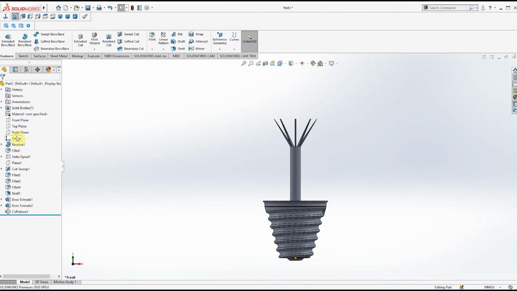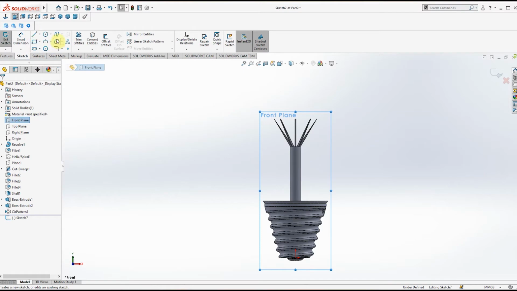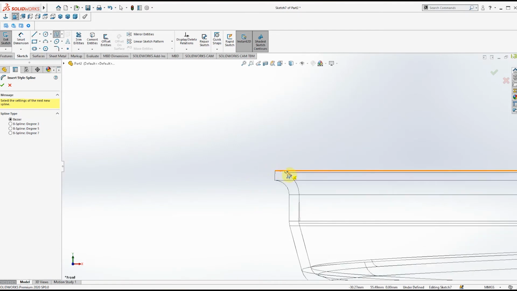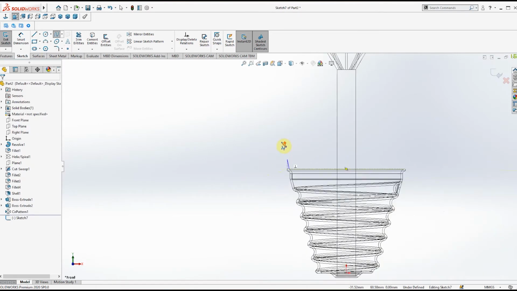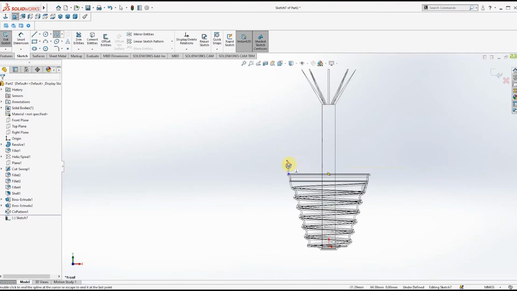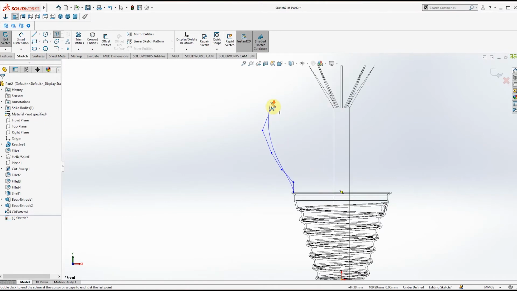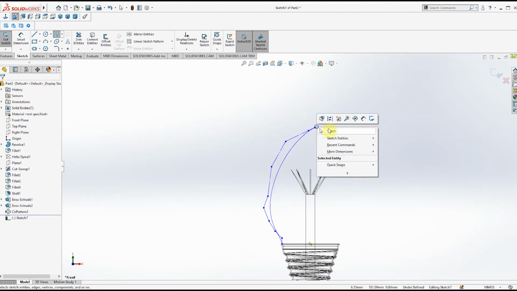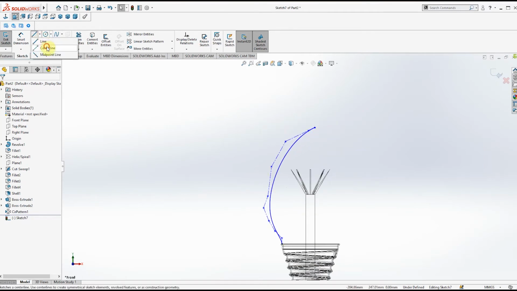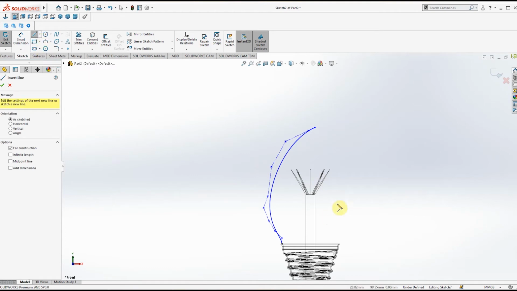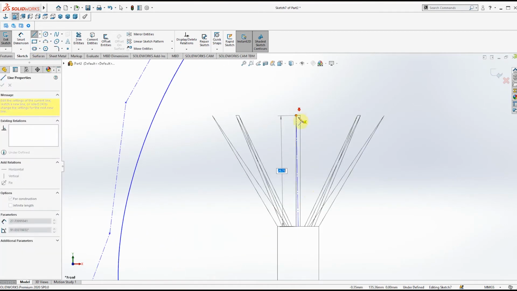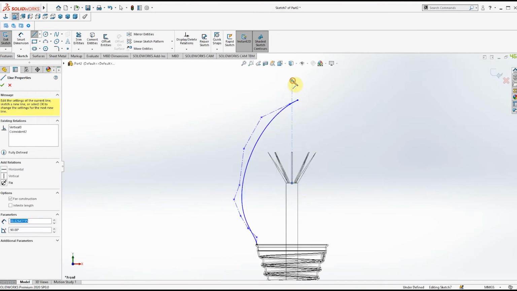Go to front plane, take the wireframe option, and create one profile like this. Then take center line option, and then draw one line like this and join these two,